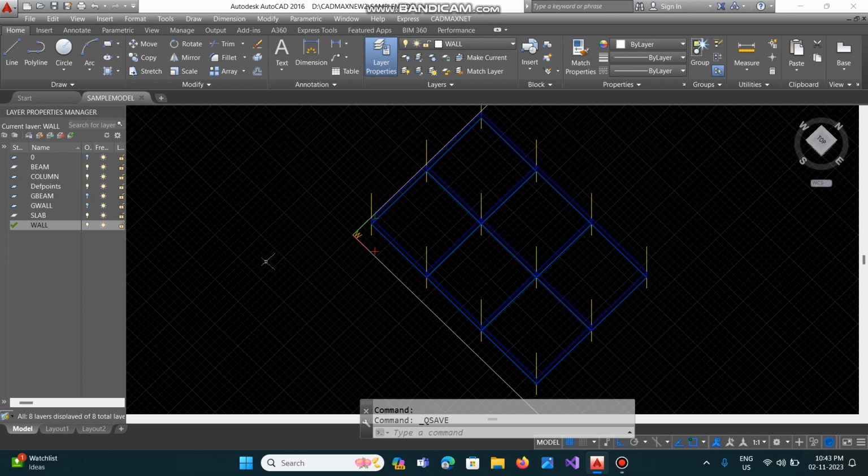Now in this I will copy. I keep the column layer off, and the wall layer also off. Beam and slab layers are to be copied for the further 6 floors. Okay, here this is at 6 meter level. We have to go up to 23.5 meter level. So copy